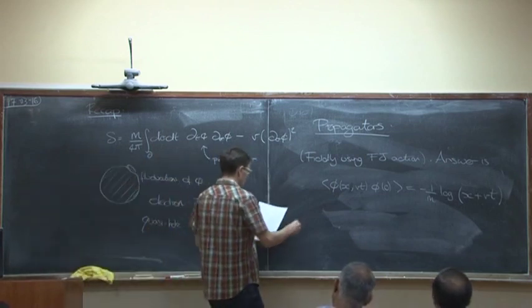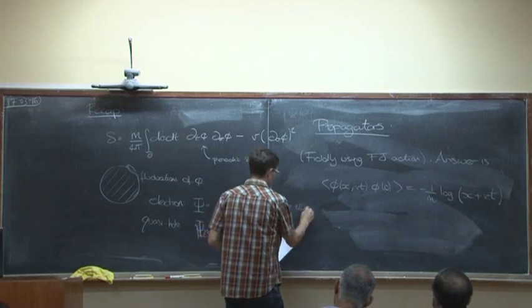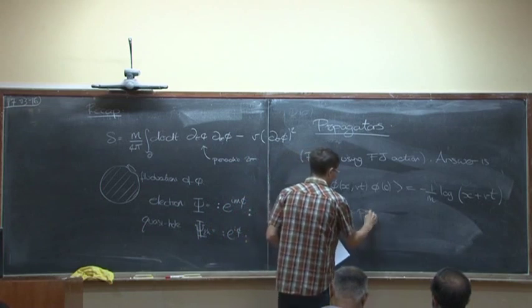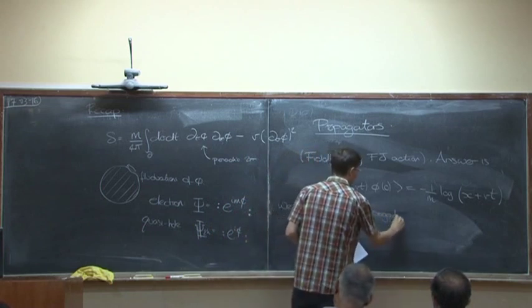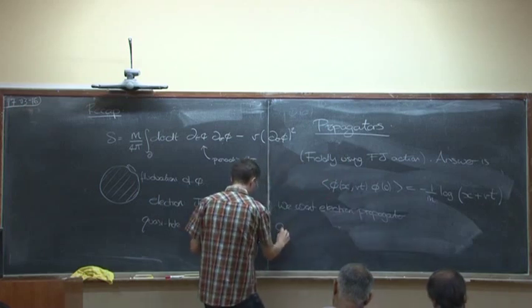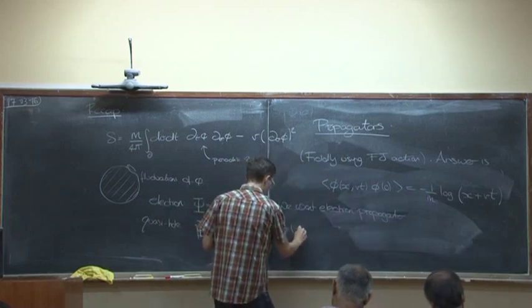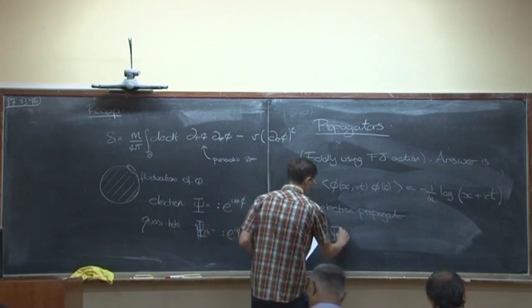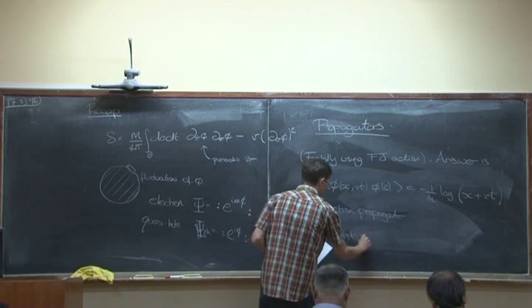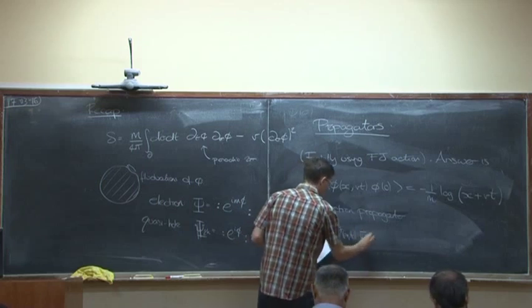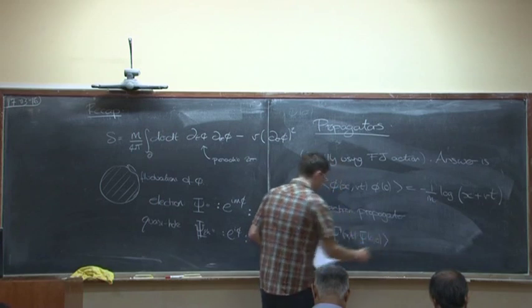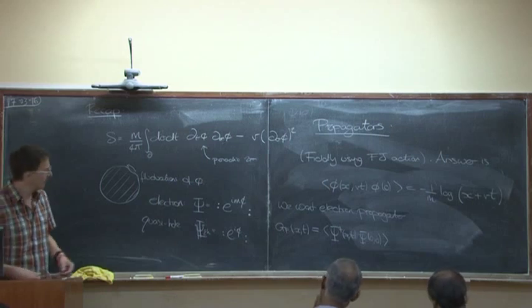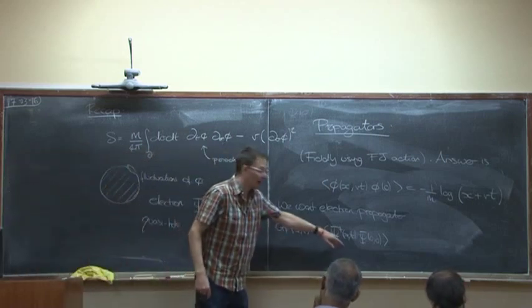Let me... want the electron propagator, which I'm going to call G F x of t, which is defined to be sin lambda psi 0. Okay, so how do you do it?